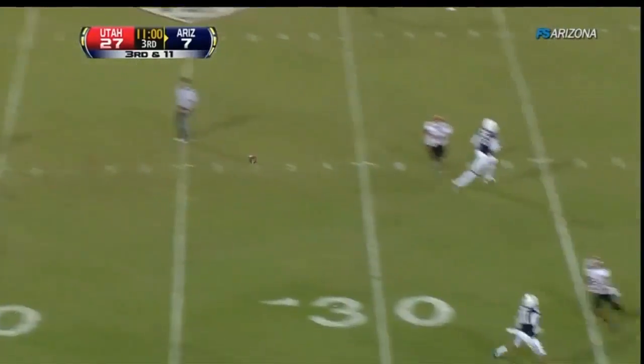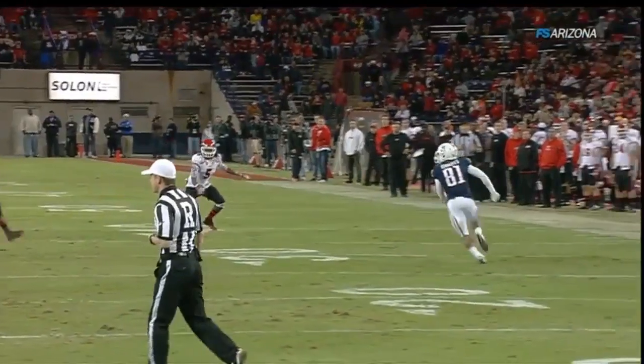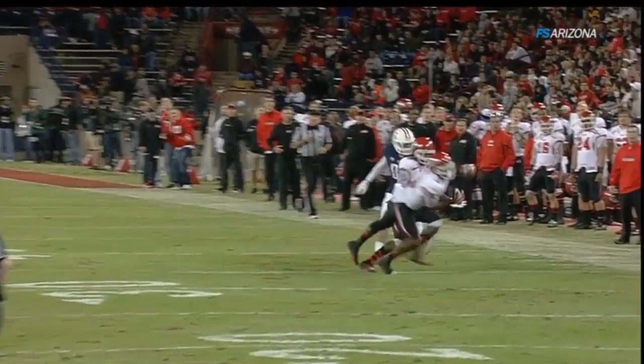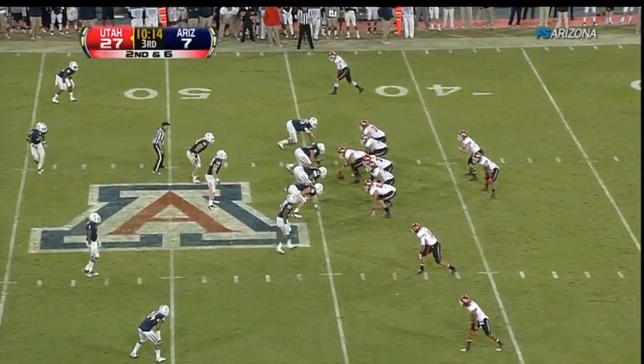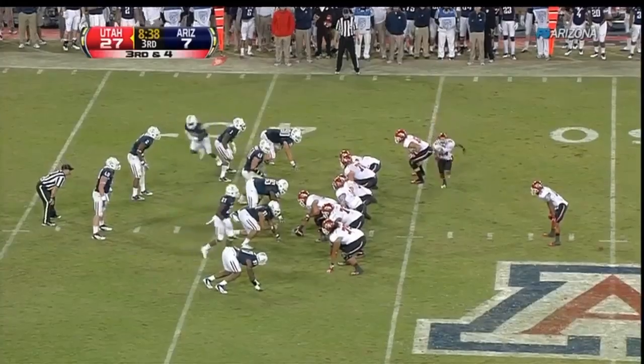Throw is nearly picked, or is it picked? No, very close to being picked. Yeah, they just started to look back when that ball was released, and instead it's Ryan Lacey, number 26, who stepped up, and the junior just missed the pick. Pass, good for the first down, catch, and the tackle immediately in the third quarter at